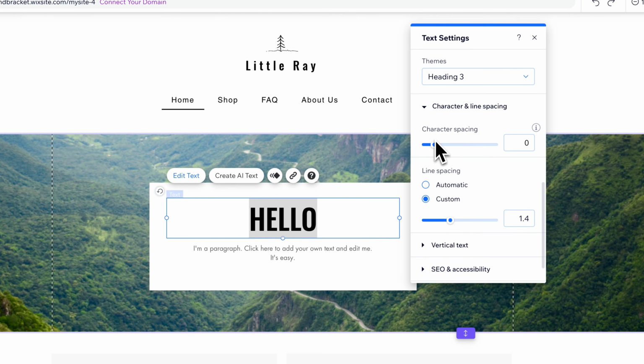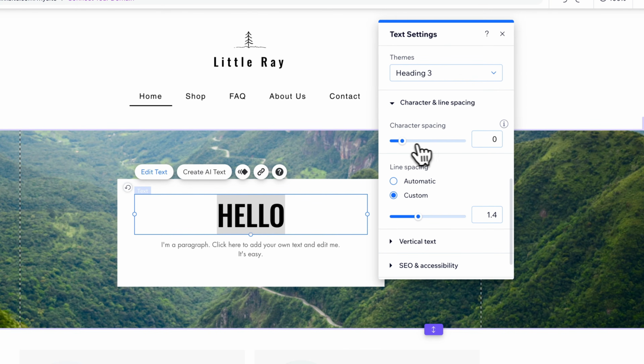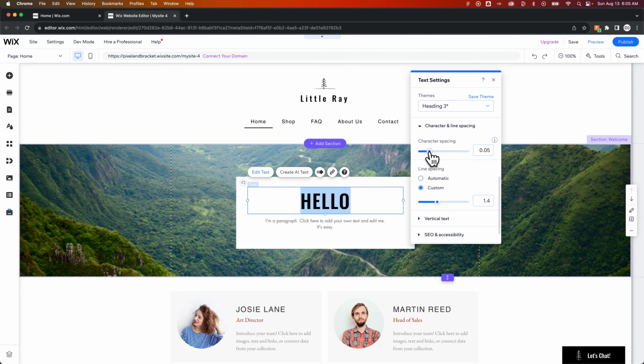If we drop this down, character spacing is essentially the spacing between the letters in your text. So you can adjust the character spacing just like this. And that will adjust the letter spacing between all the letters of your highlighted text. Now, technically, that's called tracking in the graphic design world,